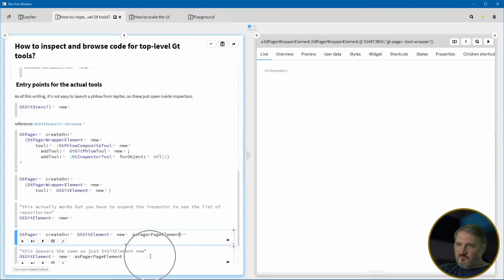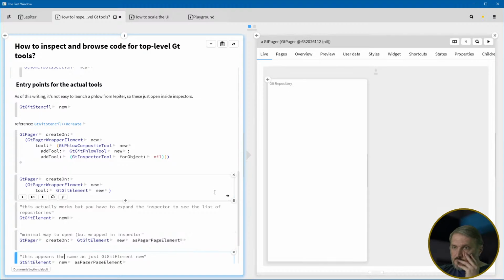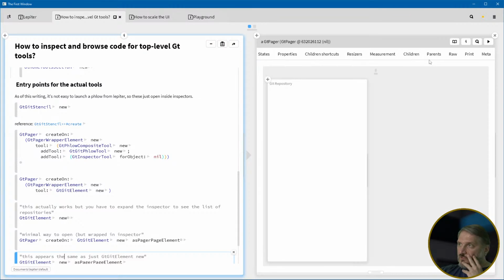Right, so this seems to be the minimal way to open the wrapping. Okay. Okay, so then